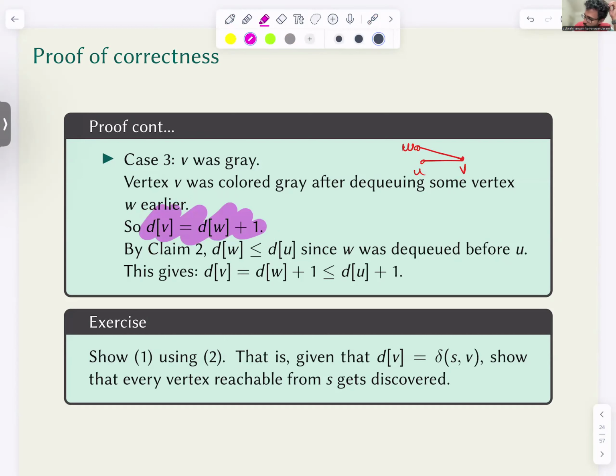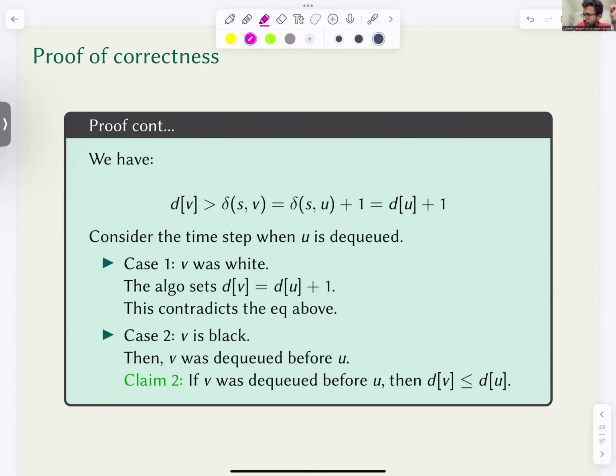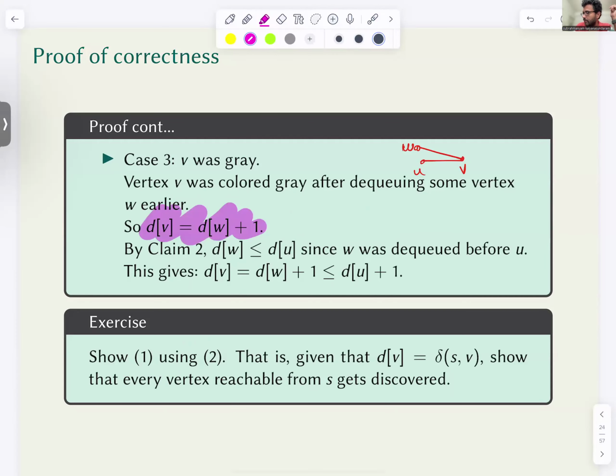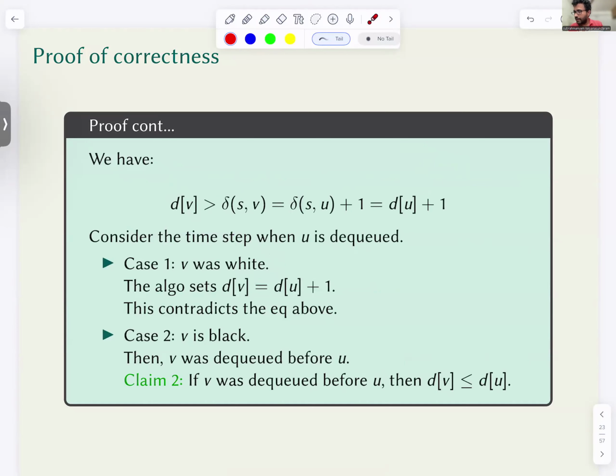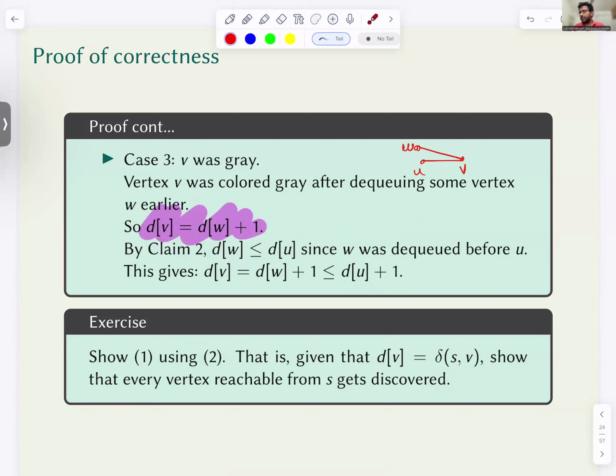But claim 2 is saying that if v was dq'd before u, then dv is less than or equal to du. So since w was dq'd before u, dw is less than or equal to du. Hence, this quantity is less than or equal to du plus 1. And again, that contradicts that dv is strictly greater than du plus 1. So in each of these three cases, there is a contradiction. So this completes the proof that for every vertex